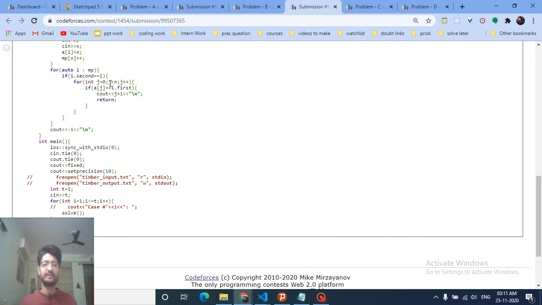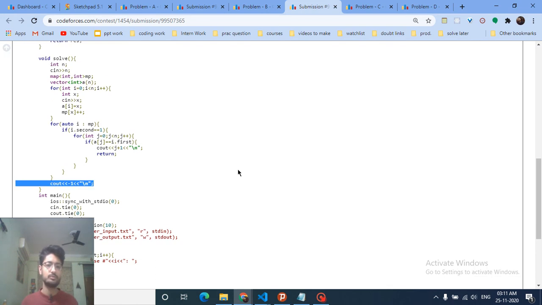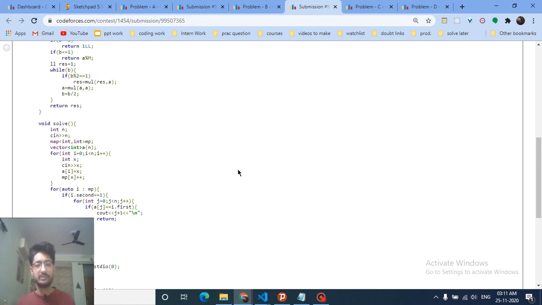So whenever you're moving along the map, for the first number whose frequency is equal to 1, just find its index. How you can find the index: just iterate over the vector again and find the position of that number. When you find the position of that number, just output that position and return, because you don't have to do anything else. If you don't find a number whose frequency is equal to 1, then the answer is -1 only. So I hope you get the intuition of both of the problems and the logic itself.